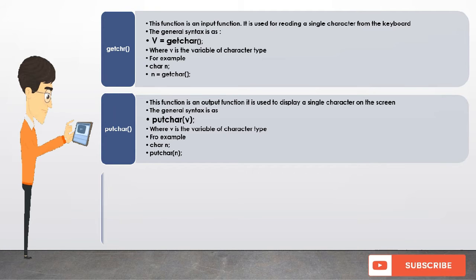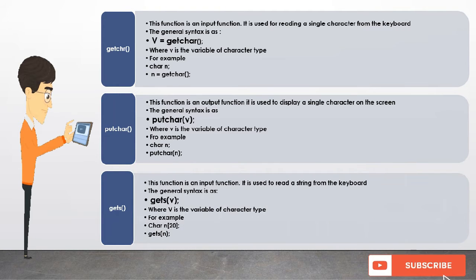Next, let us study about gets. This function is an input function. It is used to read a string from the keyboard. The syntax is gets(v); where v is the variable of character type. Example, char n[20]; next, gets(n);